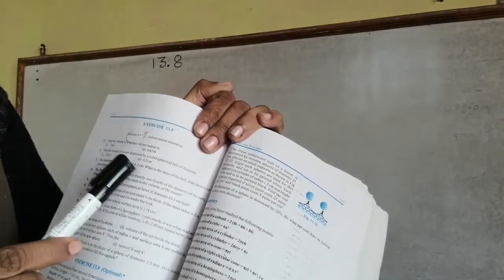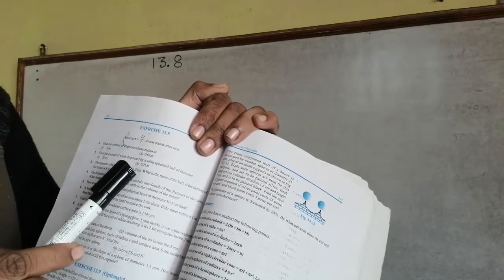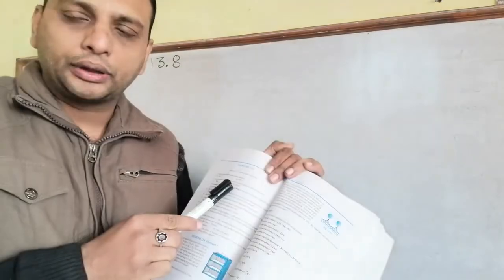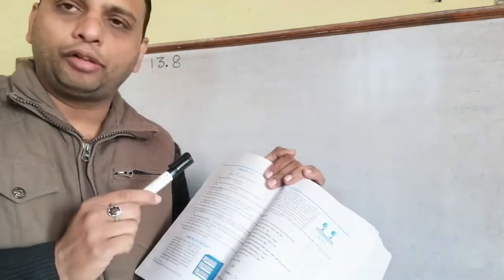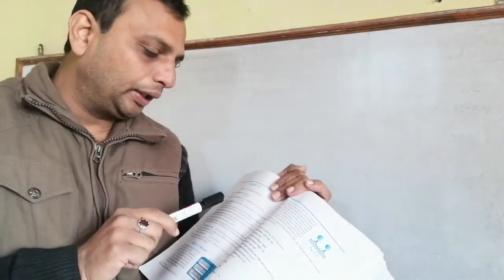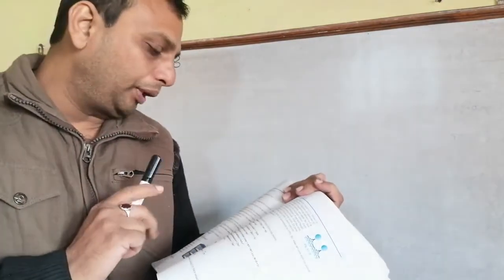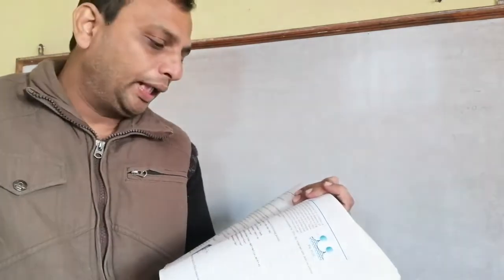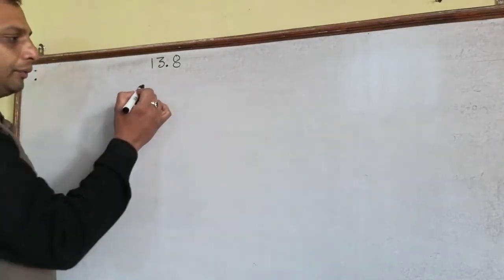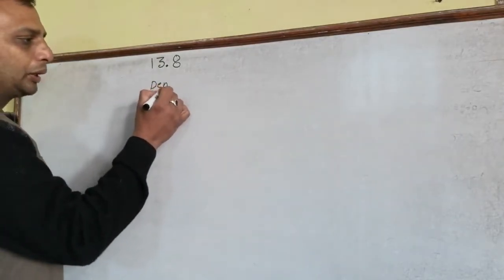Now this question says there is one ball, it is in the shape of a sphere, and 4.2 centimeter is the diameter. So obviously the radius will be half of the diameter. Now we have to find the mass of the ball, and the density is given in the question. The density of the metal is 8.9 and we have to find the mass. So how can we use this? We have a relation. Density is equal to mass upon volume.